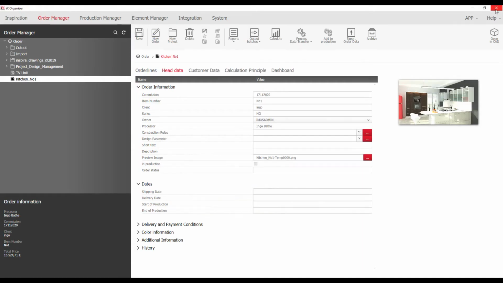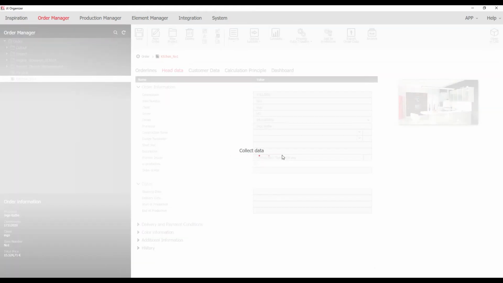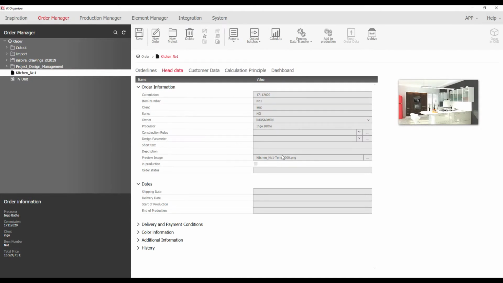Switch back to the whole picture, and here are the three slides, so we can save them also as an Excel, PDF or Word. If the customer agrees to order this kitchen, then we are quite happy. We can export this kitchen design to our factory, and now Imos collects all the data. We will zip them together, and then once this is finished, it will be uploaded to the integration server and to the cloud. And now from this time on, the production data are available for the